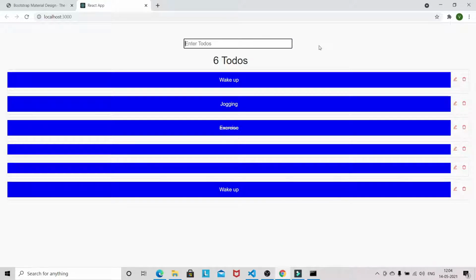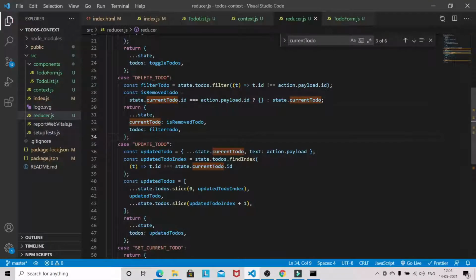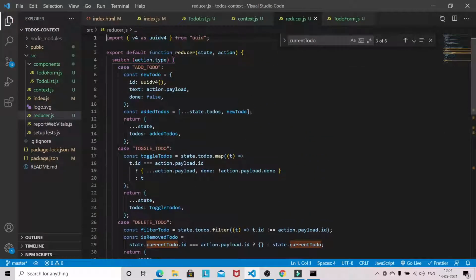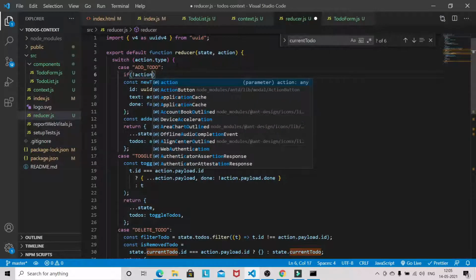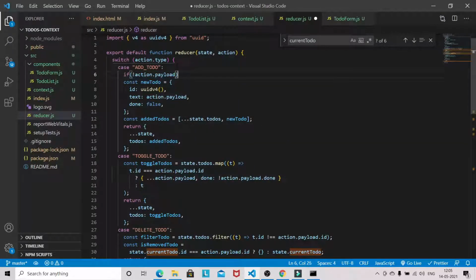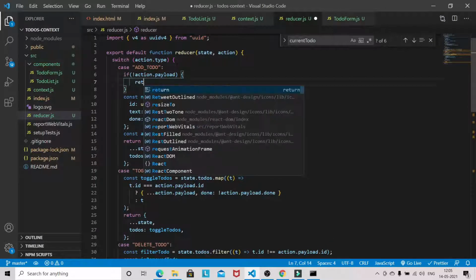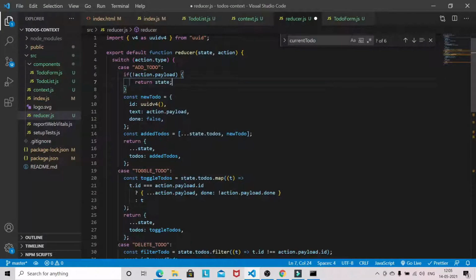So what we have to do here, come to add todo: if action.payload is empty, simply return that state.